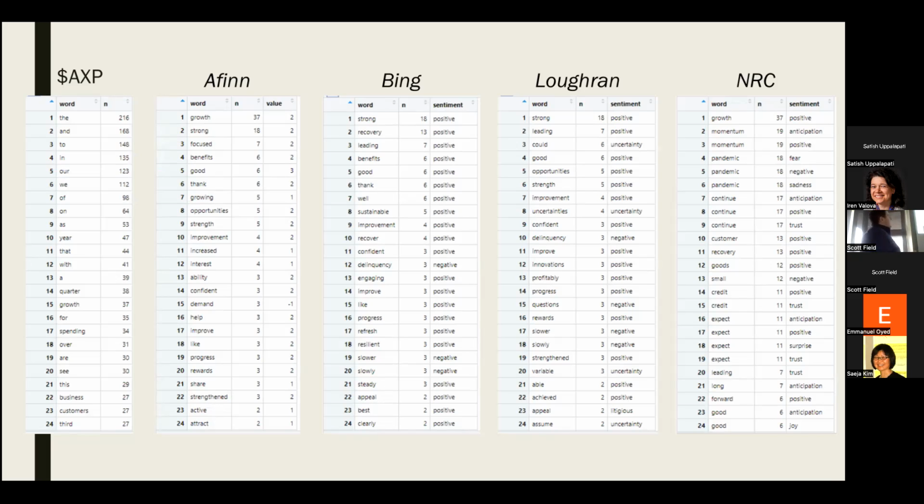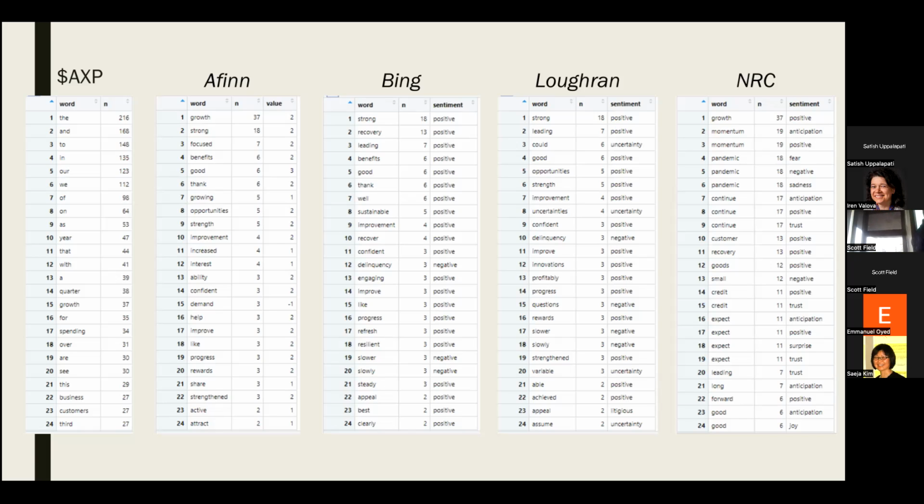Now, when I say scoring, I mean how exactly the lexicon scores it. So for instance, AFINN gives a value to each word. That value goes from -4 to 4. Bing simply gives it a positive or a negative tag, and that brings in what I was talking about earlier about those neutral texts. It doesn't even bother trying to do anything neutral. It's just strictly positive or negative.